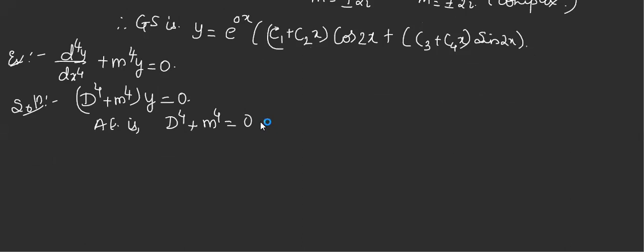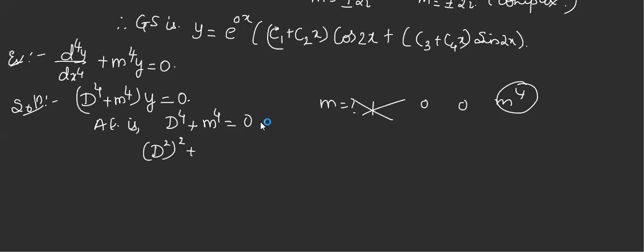Even can I do it by synthetic division? It will not help me. Just think about it. If I write 1, 0, 0, m raised to 4, what will be the root? Because this is a general, some constant term. Am I right? Is it going to help you? Surely no. So I'm going to write it in a little different way. Just observe here. I'll treat this D raised to 4 as a square format, and I'll treat my m raised to 4 as b square format.